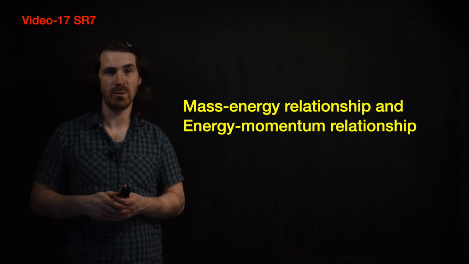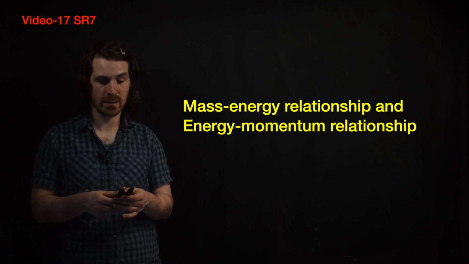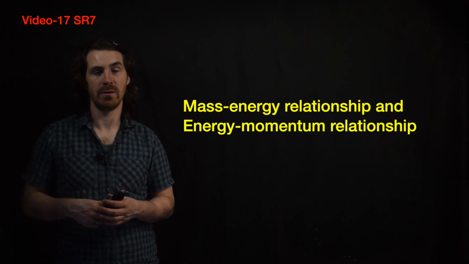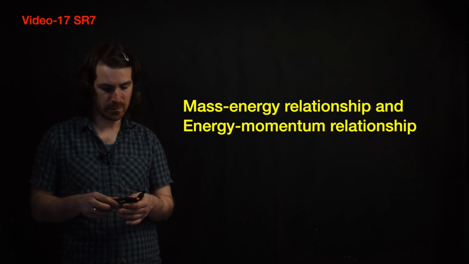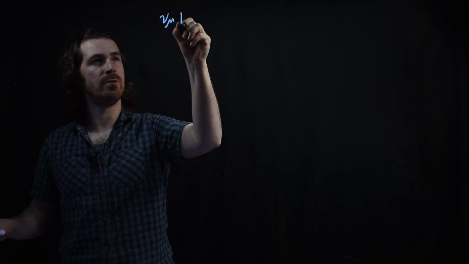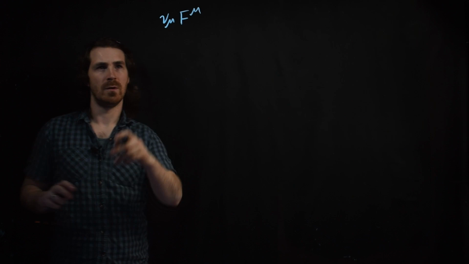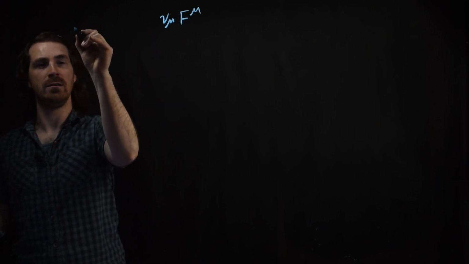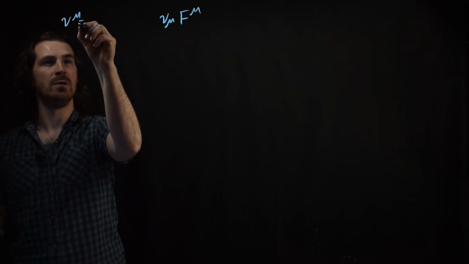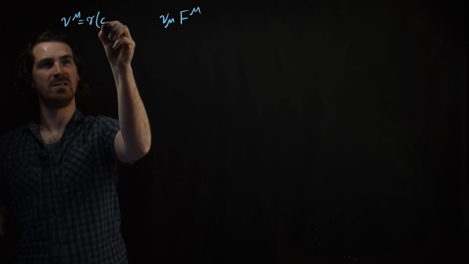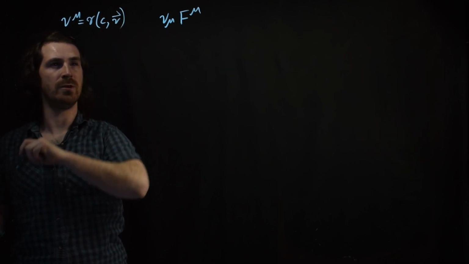Okay, so we're going to continue with our relativistic mechanics, and we're going to think about the mass-energy relationship. To do that, we're going to consider the inner product of the 4 velocity, v mu, with the 4 force, f mu. If you remember, the 4 velocity, v mu, is equal to gamma c and v, the 3 velocity,